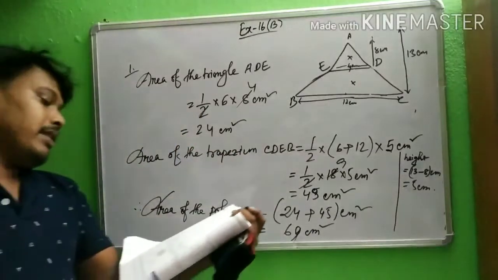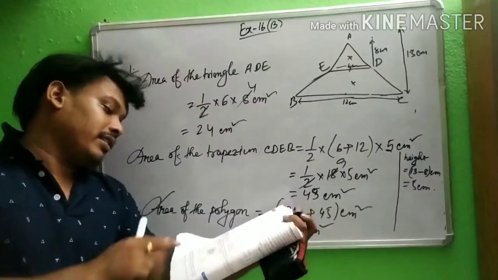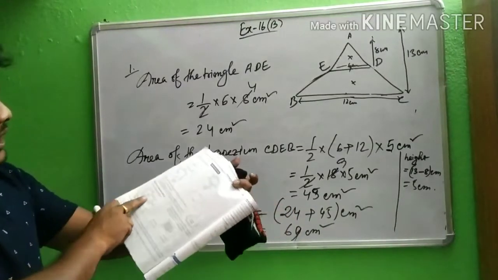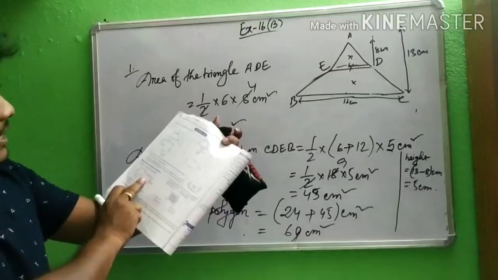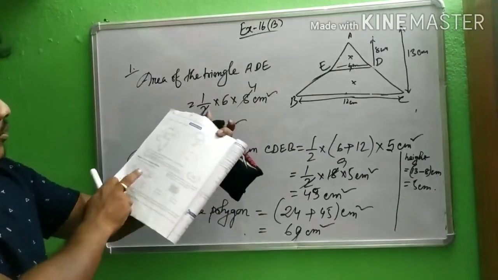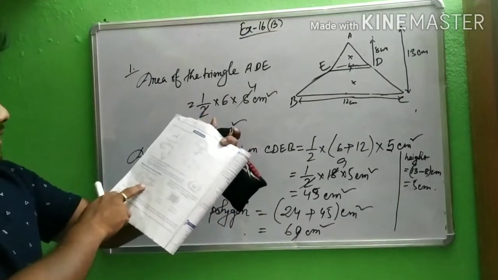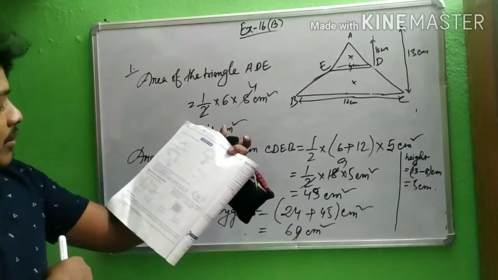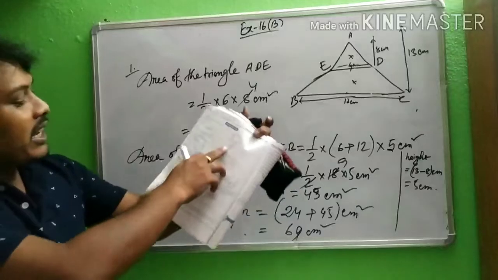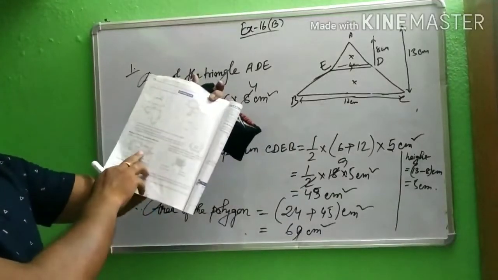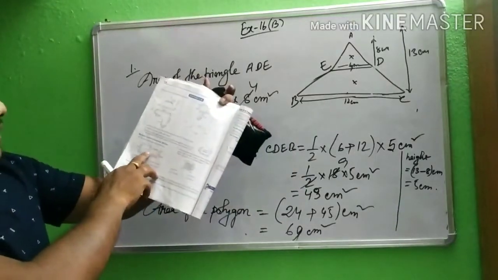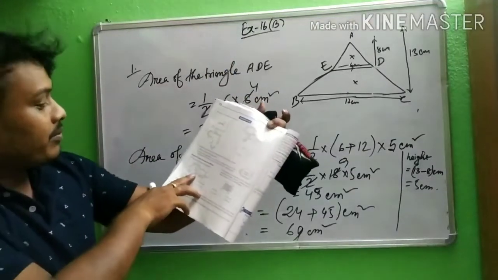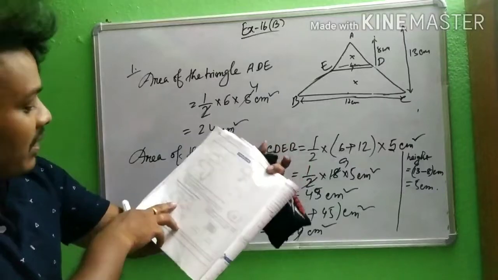Okay. And question number second, regular polygon. Question number second and question number 6 are similar, but I think question number 6 is more important than question number 2, because here only a rectangle is there, and in the second the figure is not a rectangle. So I will solve number 6. Now number 3.